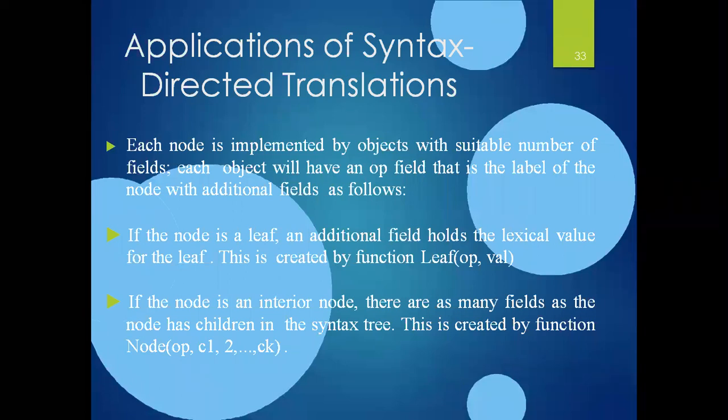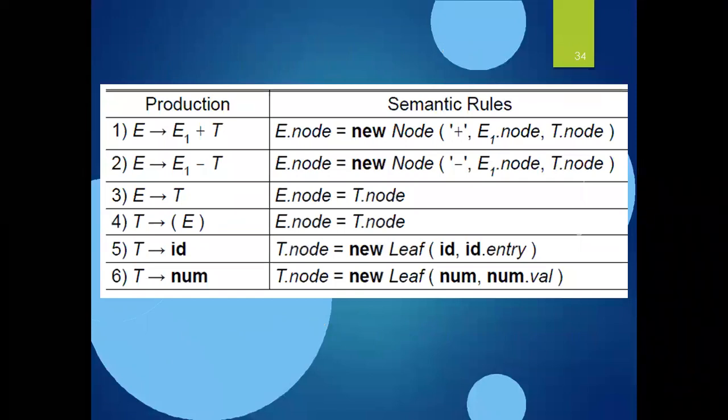That means here I need to make use of some functions. First, initially we need to know what those functions are. See here, with an example I will explain this. The nodes for each operator and operand are created. This is an operator and these are the operands. E1 and T are the operands, and plus is an operator here. Each node, E1, T, can be implemented as a record with multiple fields. For the node E, I have multiple fields: E1 plus T, E1 minus T, T, or directly it is T.